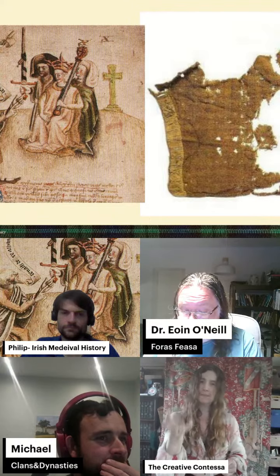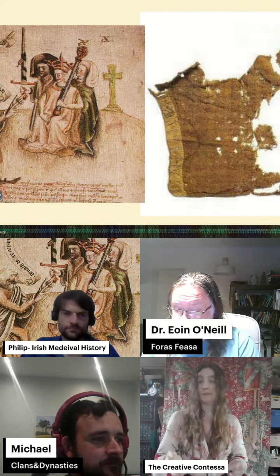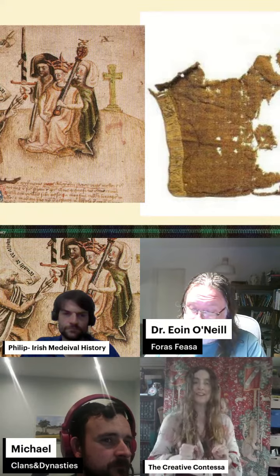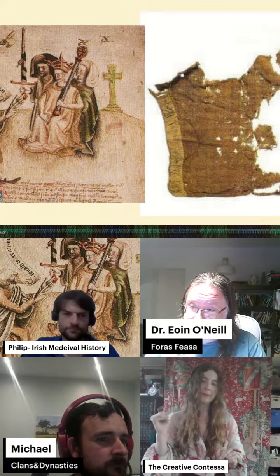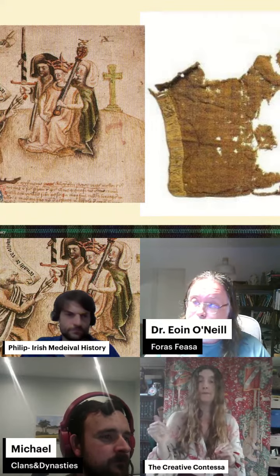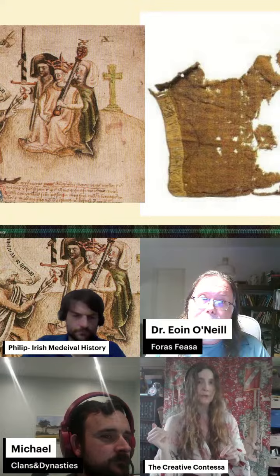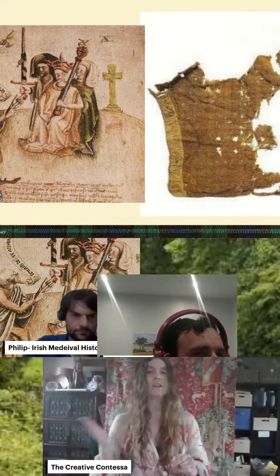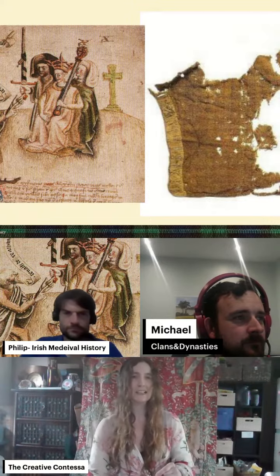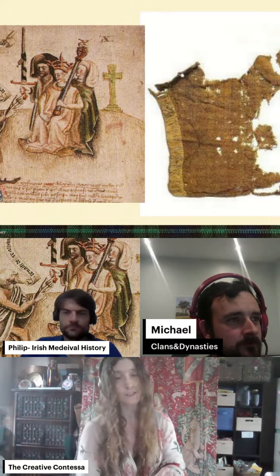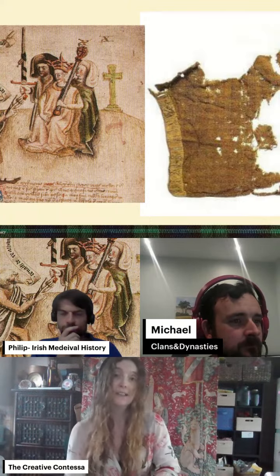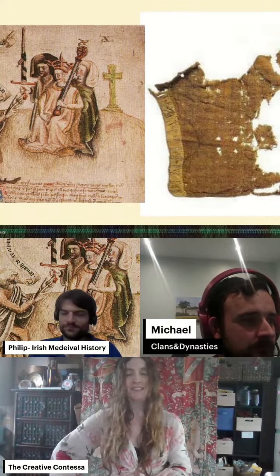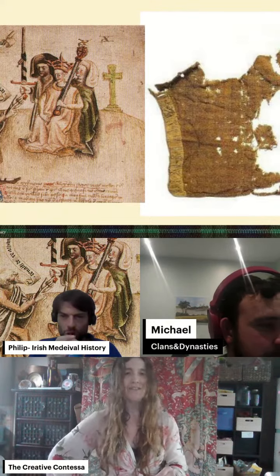So I would say that the people more likely to be wearing the plaids, the mixed color fabrics, are more likely to be the people on the lower end of the socioeconomic spectrum, or people who don't have access to all of the imported goods. So maybe up in the Highlands, it's more likely that you're going to see these kinds of fabrics than you would in the Lowlands, and certainly more likely than you're going to see them in Edinburgh. Yeah, so definitely. But what's interesting is in the rest of Europe, for example, in Catalonia, we have